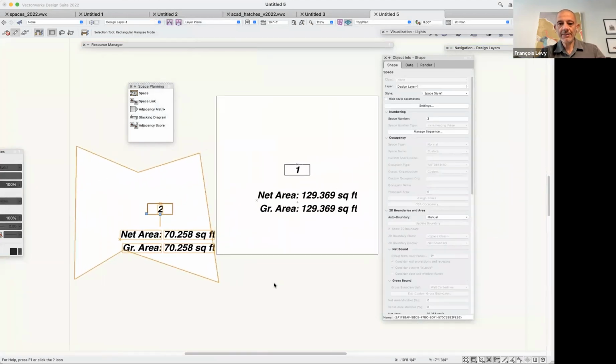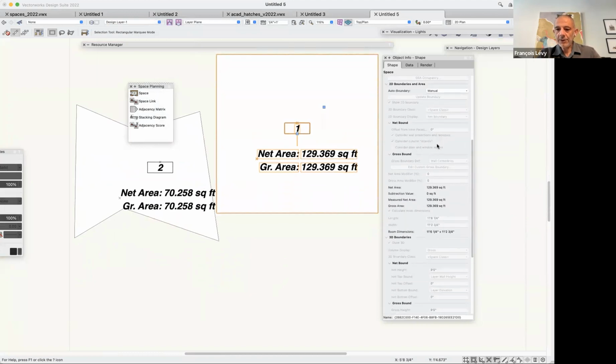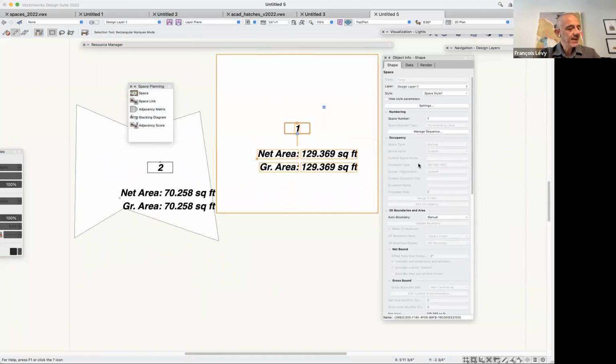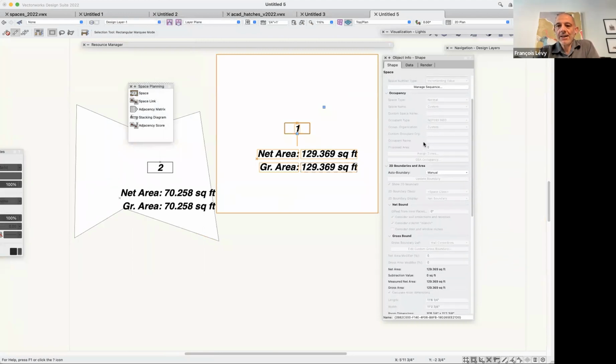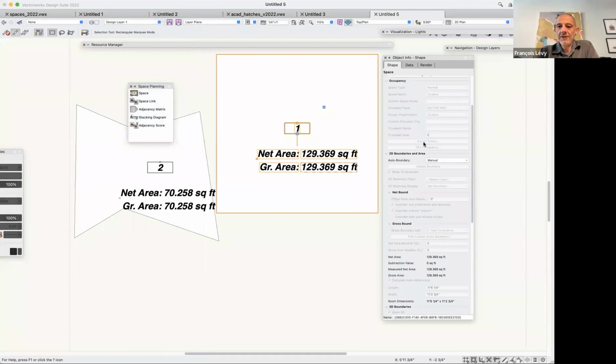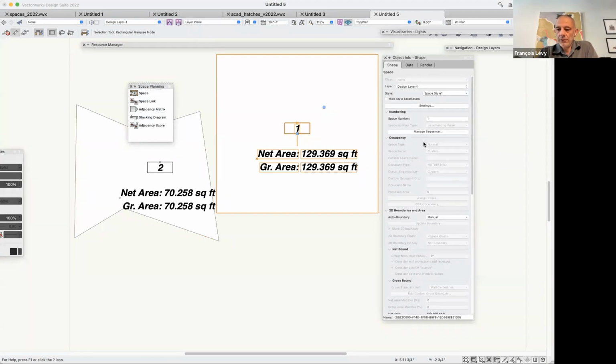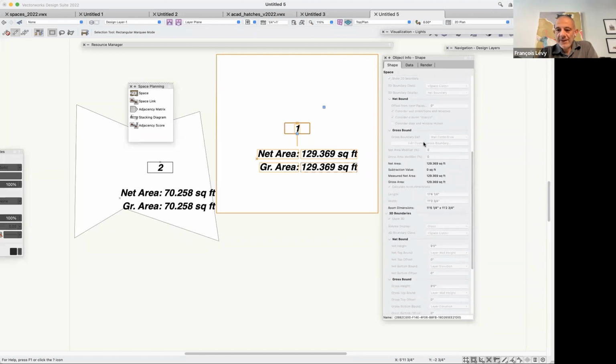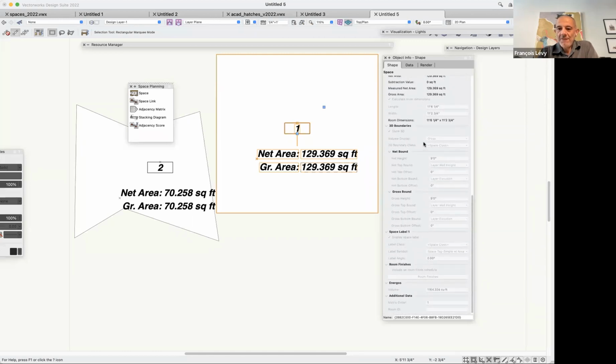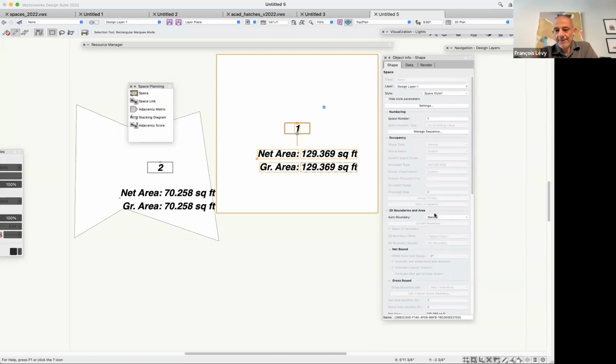So now in 2D, you can see that my space objects now have the graphic characteristics that's shown. And you can also see now that I've got a style assigned to this, and this is how styles just work in Vectorworks, whether it's space or doors or whatnot, that any settings that are defined in the style and not defined on an individual instance of the style are going to be grayed out. So as is often the case, after I create a style, I find that there's a bunch of settings that became sort of built into the style that I actually want to be able to edit on an instance by instance